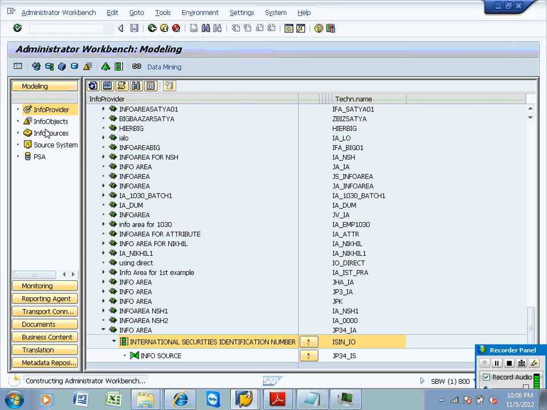Okay, to transfer the data, I am clicking on info sources, and in info sources we can see the source system, the selected source system, and there only we created the info package.